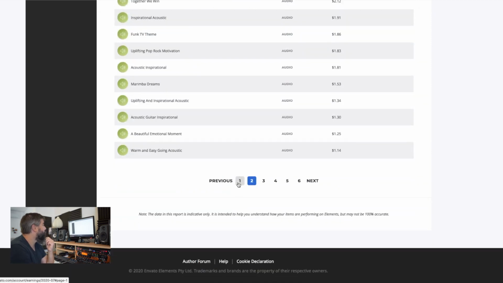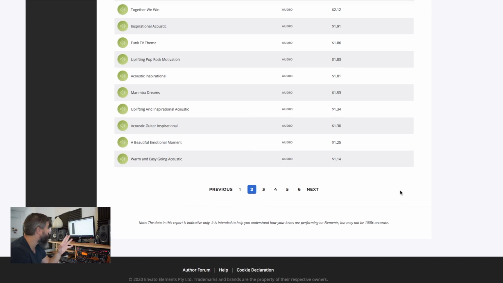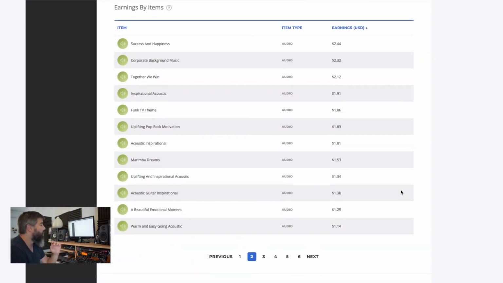So it's really interesting to see when you join a new library. In this, I treat it like a separate library. So when I join a new library or put the same tracks that are on my profile somewhere else, I want to see how they respond, how they're doing. So I can identify here a few music tracks already that, okay,